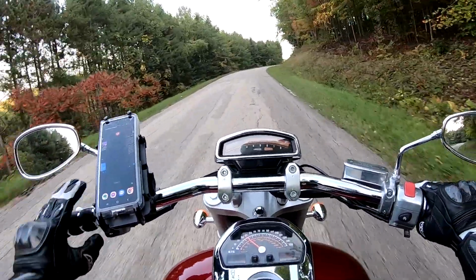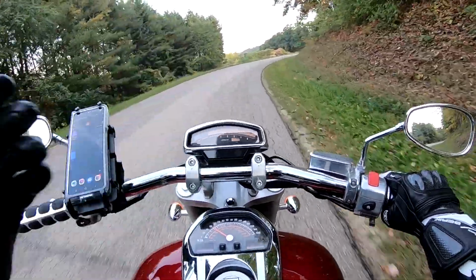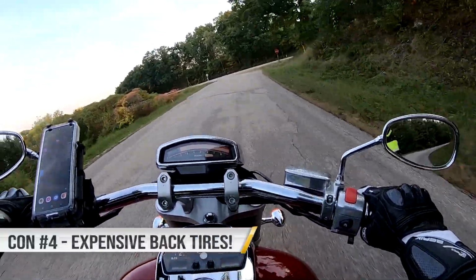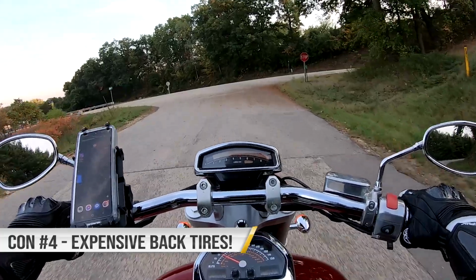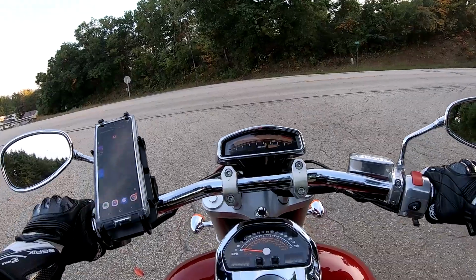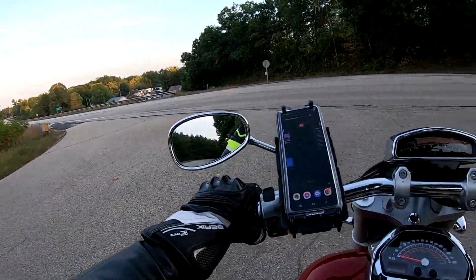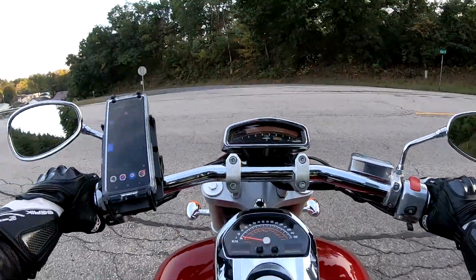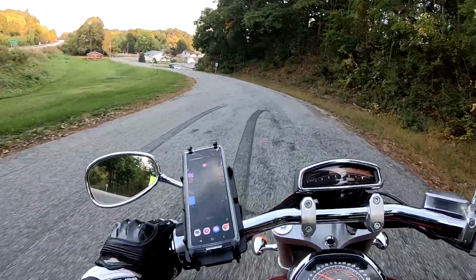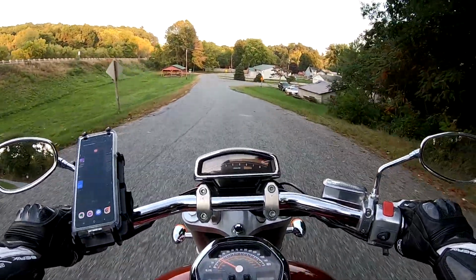And the fourth con here is the price of the rear tire replacement, because of the size of the tires. The tires are big, specifically the rear tire, it's pretty huge. The side effect is you get that cool feel we're talking about, security in corners and stability, and it hooks up good because of all the power. But when you have to replace the rear tire, we're talking $250, $260, $270 for just the rear tire. So that's something to think about